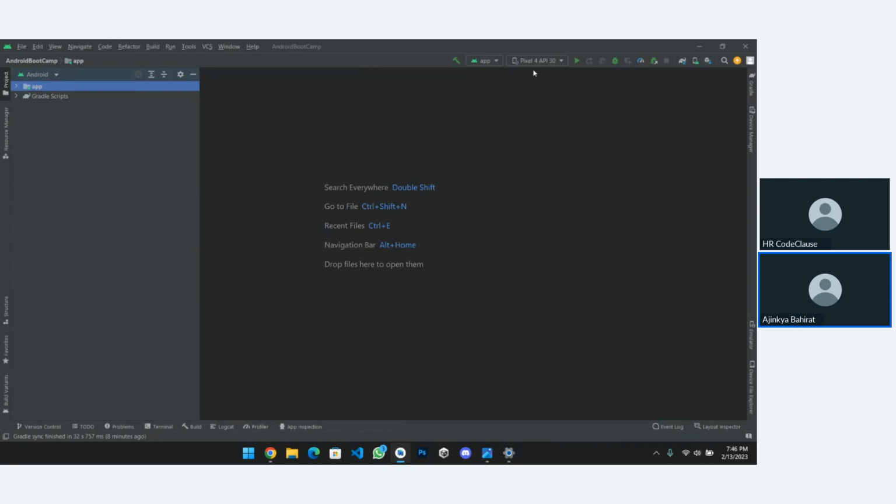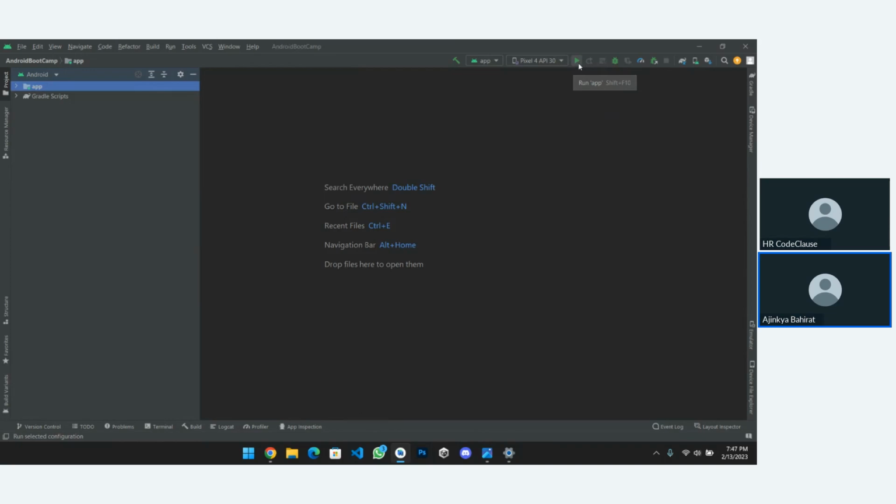Okay, so here another thing is the emulator part. So emulator is nothing but the simulation, or you can say the virtual device created on your laptop itself to test your Android application. How you can create one, we are going to see in a few minutes. These are two of my emulators I already created. We will create a new one so you will get a better idea, right? So here is the run application.